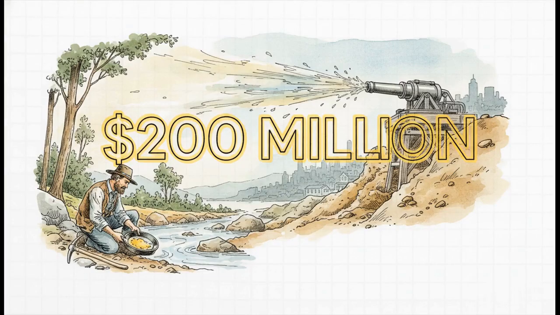Following the 1848 discovery, over 250,000 miners descended on California. They pulled over $200 million in gold out of the ground in just 5 years. San Francisco's population exploded from a tiny town of 500 to 150,000 in a few decades. What started as independent guys with pickaxes rapidly transitioned into massive, corporate-heavy mining machinery that forever changed the economy.